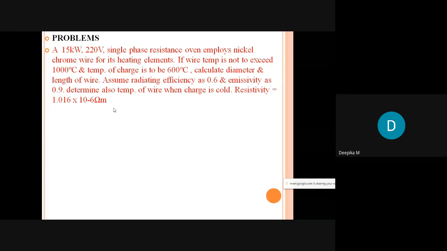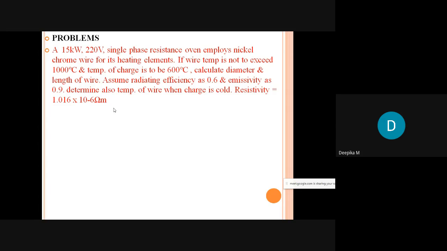In today's session, in the last video, we discussed how to design the heating element. So in today's session, we are solving some of the problems related to the design of heating element. The first problem is a 15 kilowatt 200 volt